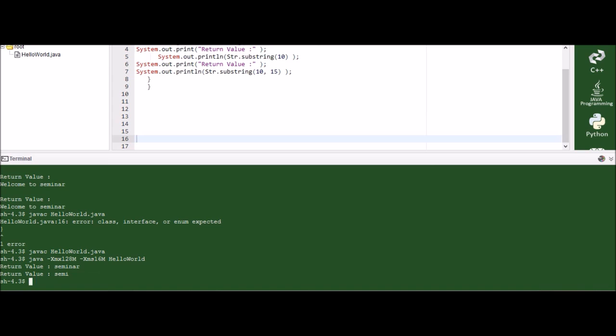The next variant gives both the start and end string positions, so it prints the substring semi.